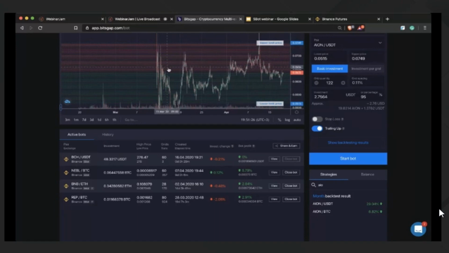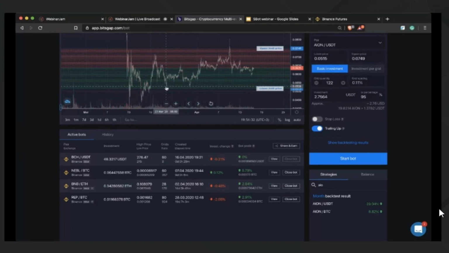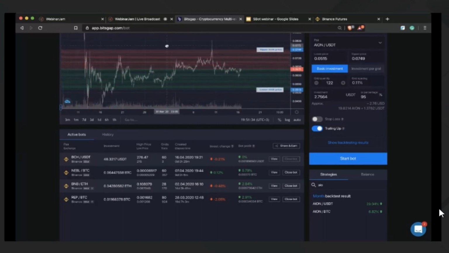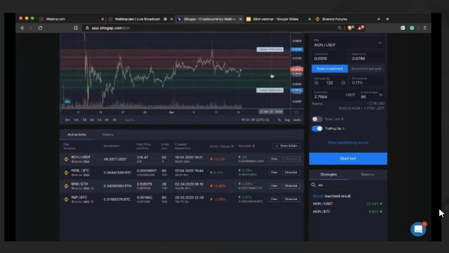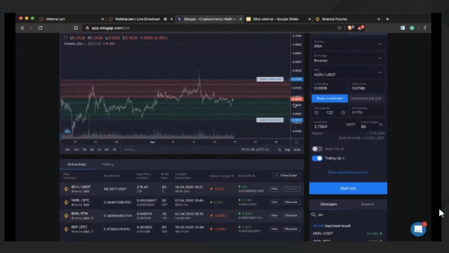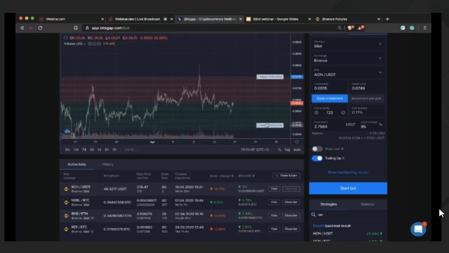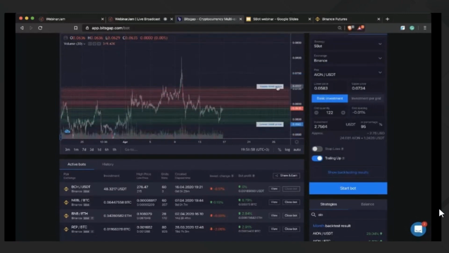All right, so here I can see, starting from the 13th of March, no, actually a little bit later, maybe from the 23rd of March, there is a sideways market here. So right now, if you expect the price to go upwards, what you can do is lower your buy zone and have a wider sell zone. For some reason, it's a little bit lagging right now. But if I adjust it accordingly, let's say I put 60 grid levels,